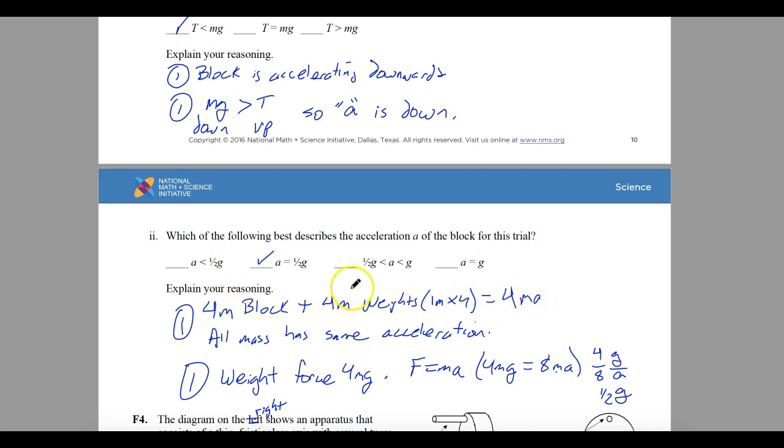Sorry, 4 plus 4 is 8, not 4. So that would be 8ma. That's where the 8ma comes from. The weight force is 4mg. They are equal here and opposite, but if you get rid of the m's and then you do a proportion, you'll see that this will be 1g over 2a, so it'd be 1/2 g for every a that you get. And that is the end of this somewhat